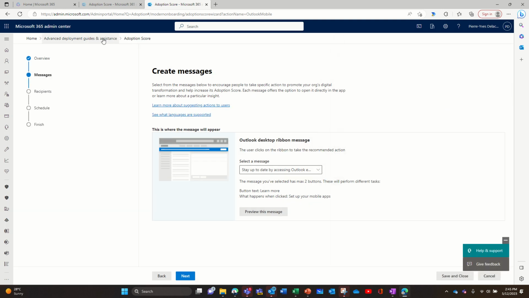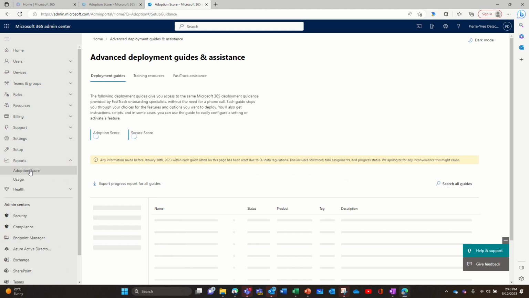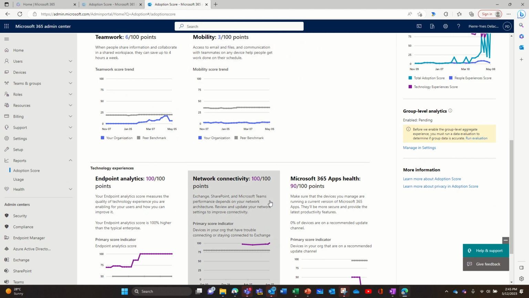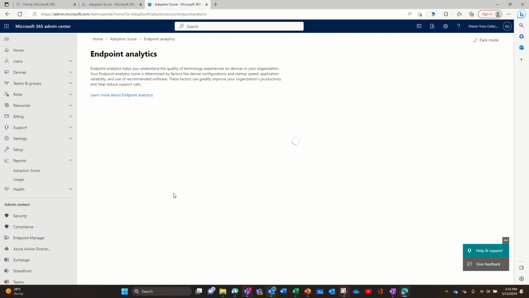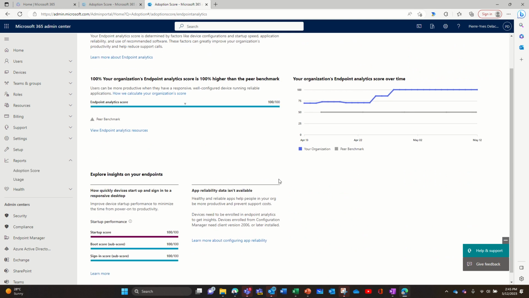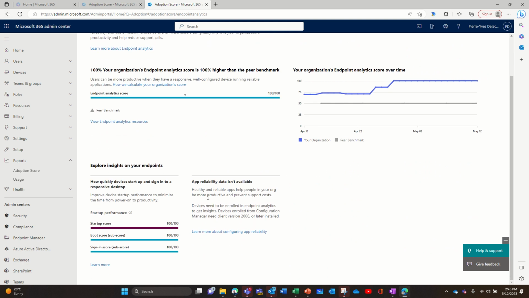I'm not going to look at all of them, but you can definitely look and investigate in adoption score, all the dashboards. Very useful one. The endpoint analytics can be useful, just to check if it's not activated. Oh yes, it is. So to see if there's any problem with your endpoints.